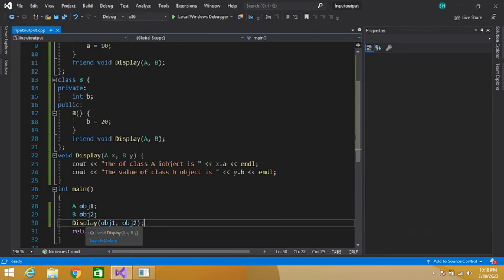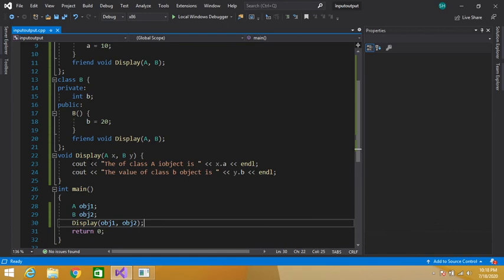Then I have called my display function. So the control will directly jump to the definition of this display function, and here I have passed object 1 of class A and object 2 of class B, and here I have displayed the private data member using the object of class A, x dot a.